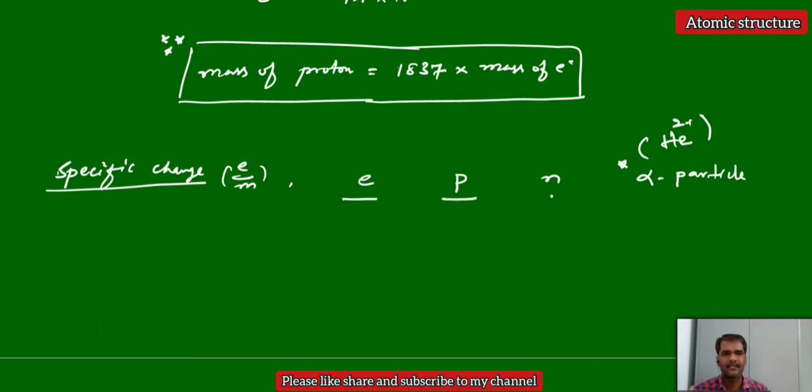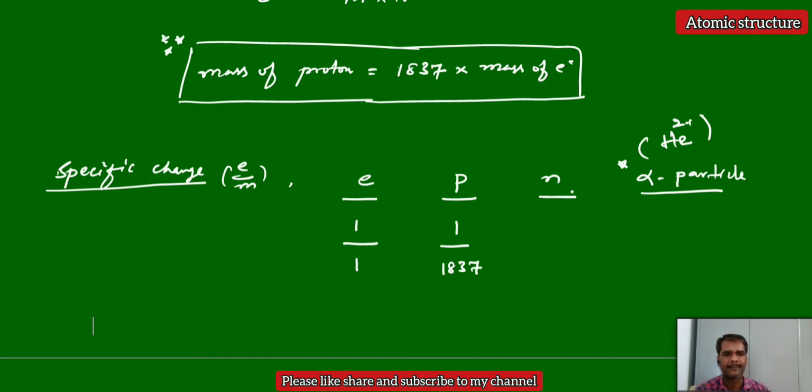And if you check the E by M values for electron, proton, neutron and alpha particle, how much will we get? For electron here, let us assume the relative mass and relative charge only. For electron, relative charge is 1. And relative mass, let us assume 1. Relative charge and relative mass. And proton charge is 1 again. And the mass of proton, we have to take in one unit, 1 by 1. So here proton mass with respect to electron is 1837.